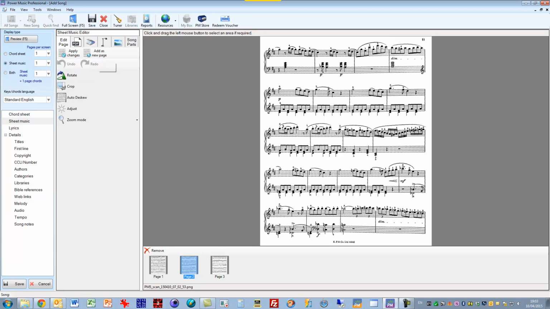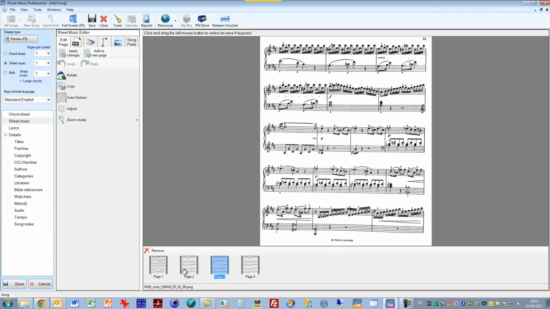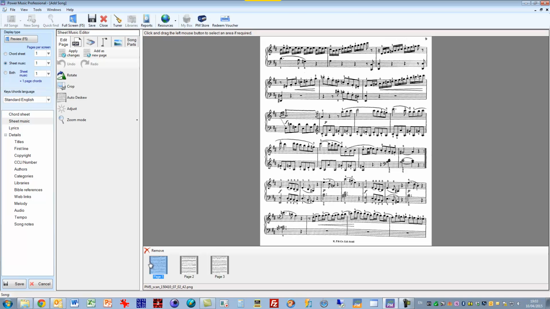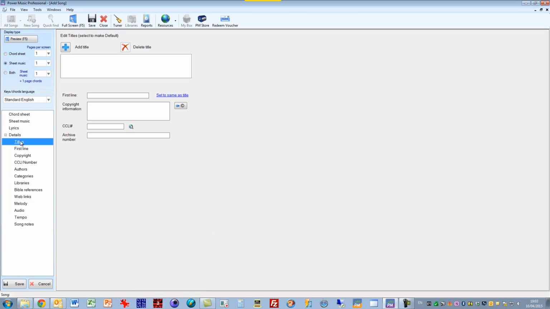Add as a new page. Anything that's displayed in here, if you wanted to create another instance of that page, you can just click there and say add as a new page, and it adds that page in. So we've now got two copies of that page, that one there and that one there. We can also remove pages from here, so if I click on that and go remove, that takes it away. Again, you have to give it a title. I'm just going to call this test,